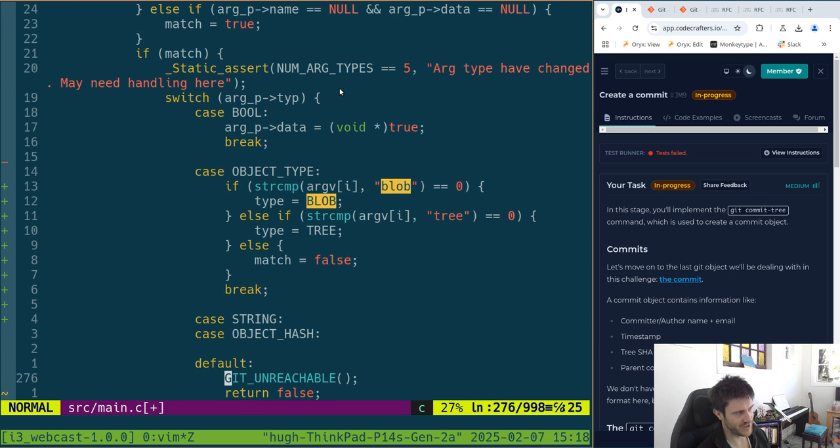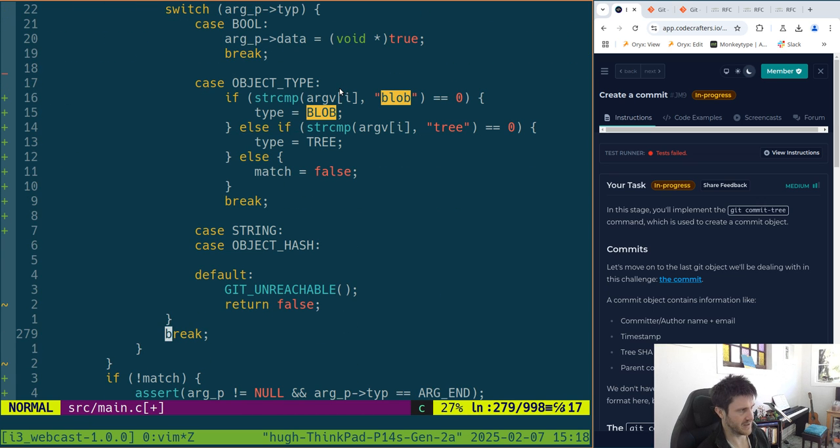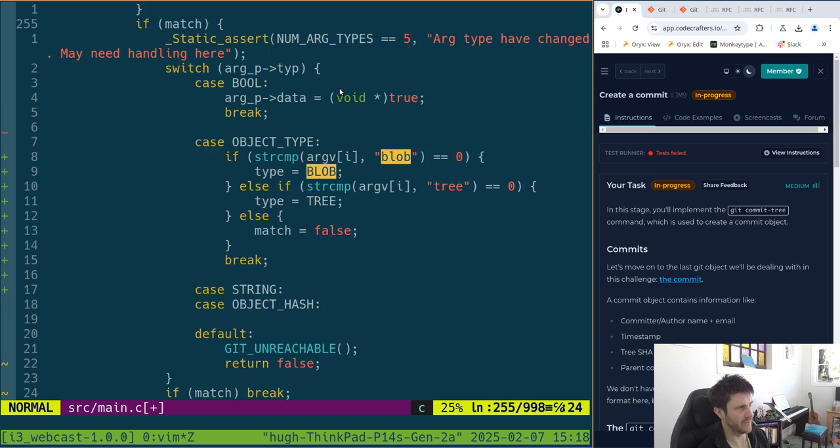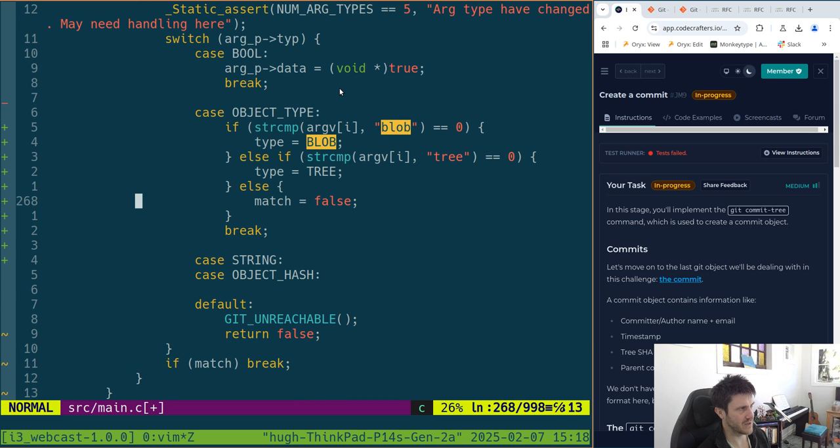And that changes this thing, and I now need to say if match is still true at the end of this match statement. So this is saying it's not matching, it's not a type,